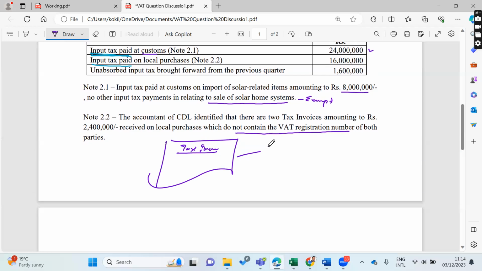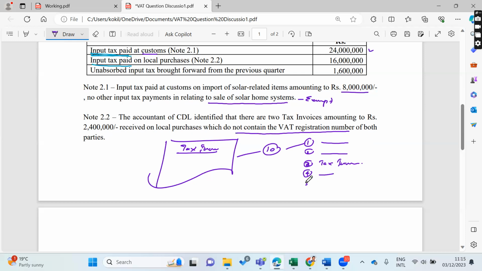Basically we can say 10 items should be there: the name, address, and VAT registration number of the supplier; the name, address, and VAT registration number of the purchaser; and the words "Tax invoice" in a prominent place in the invoice, right? Then the date of the invoice,